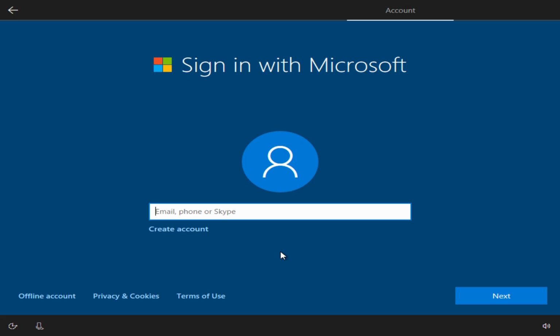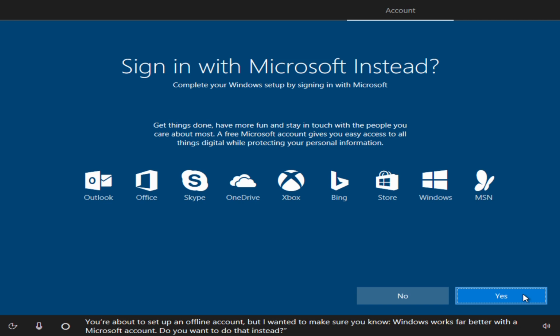This will be the option for you if your preference is for privacy. Let's explore the account creation process, beginning with the offline account, followed by the Microsoft account. So select Offline Account and click Next. Note that the following screen is entirely dedicated to guiding you toward the alternative option of creating a Microsoft account,